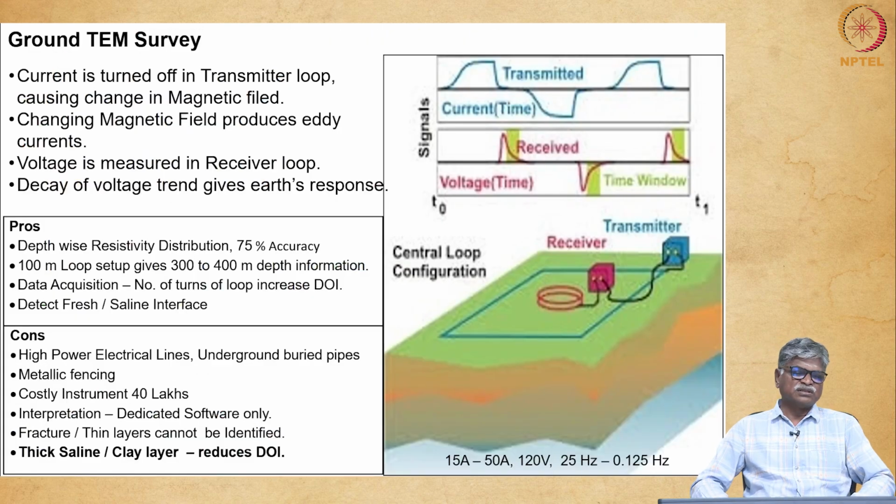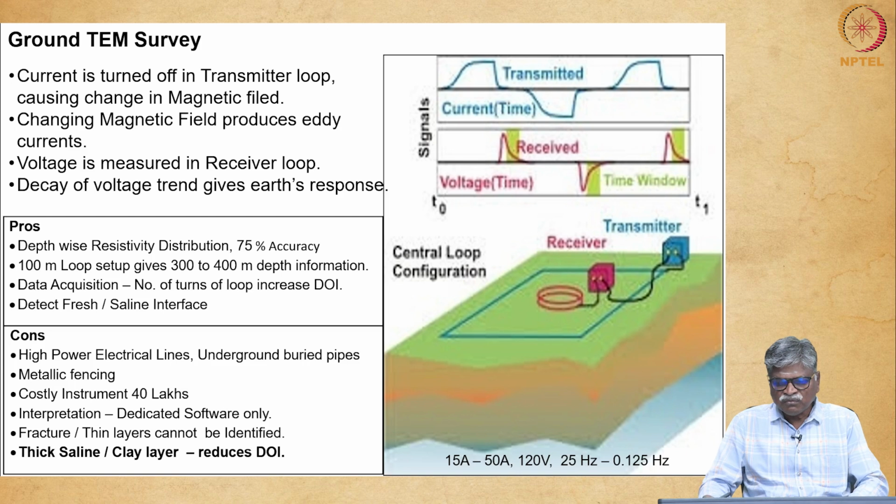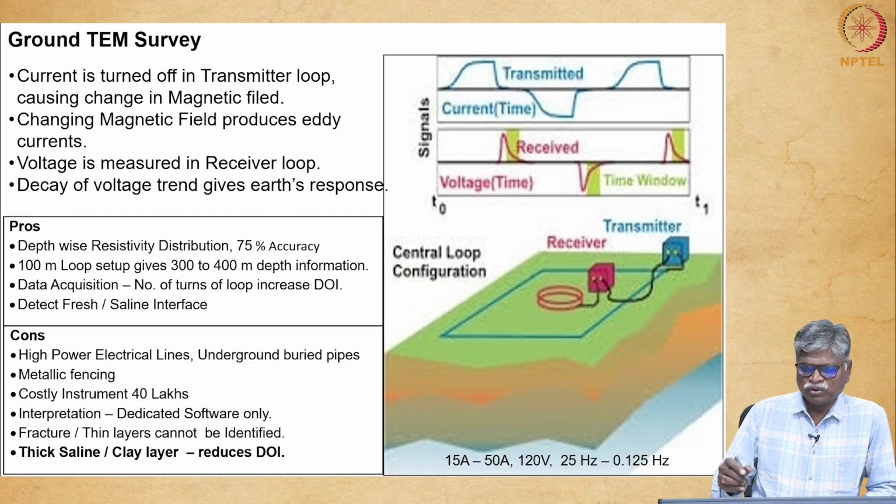Another advanced method is the ground TEM survey. It is a ground TEM electromagnetic method. Nowadays people are doing it; it is an imaging and electromagnetic method. Both methods are advanced methods. Everybody is doing this one, and in this also first we have to put one